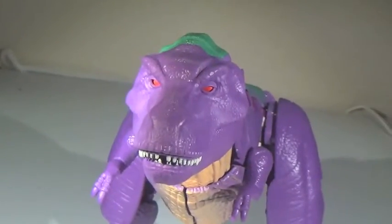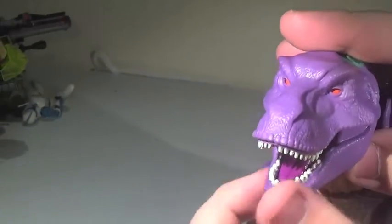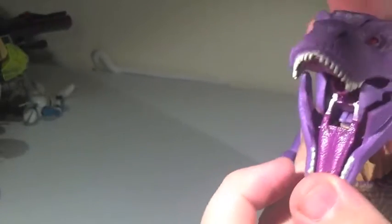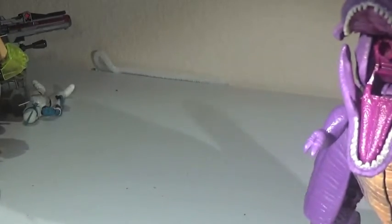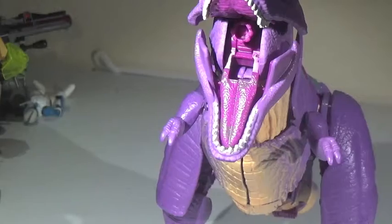And to go over gimmicks, this is kind of for articulation as well. Sorry, I bumped that with my chair so I can get into frame. When you open one piece of the jaw, so I guess we'll go with the bottom, it also opens the top so that you have a wider mouth, like in a movie, you know? It looks like a T-Rex from a movie, and you can see in there, if I can keep it in frame for once, it's got a bit of a